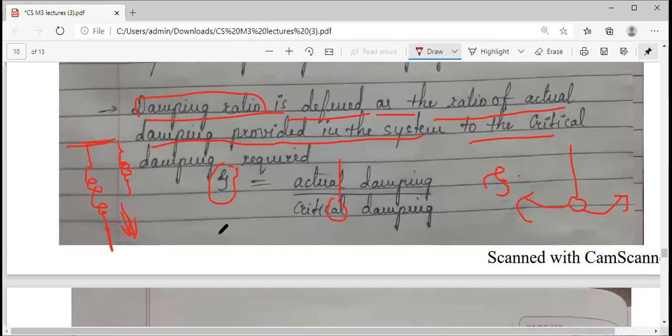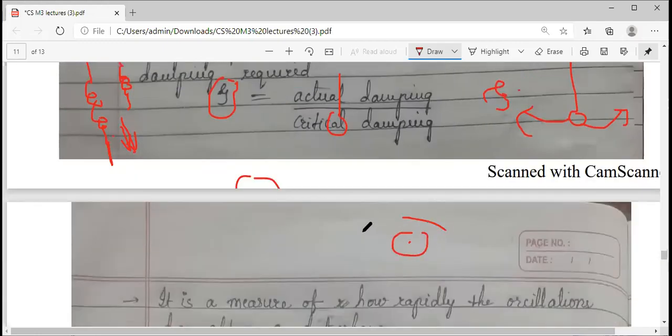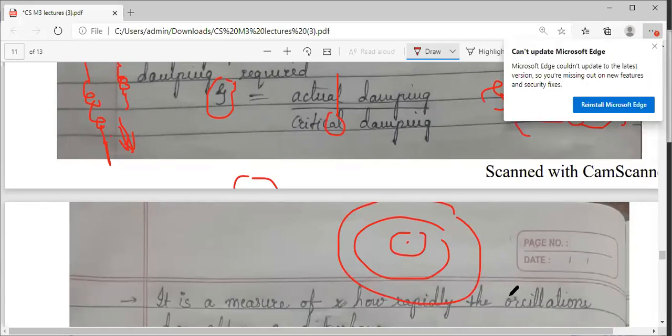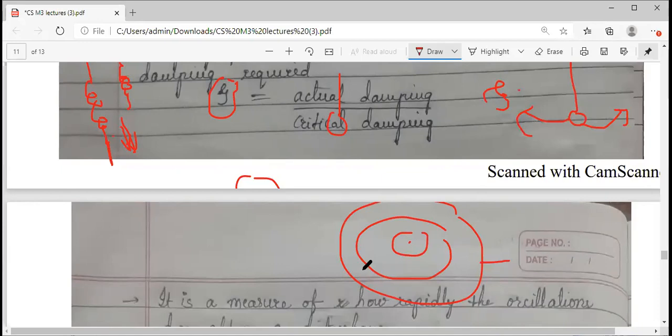If you want to see one more example, you can throw a small stone into still water. What will happen? The ripples will be formed like this. Around where you throw the stone, waves and ripples will be formed. Will this continue infinitely? No. After some time the water will come to rest. The movement, the waves, the formation will stop. The system, nature, will try to keep things in equilibrium.